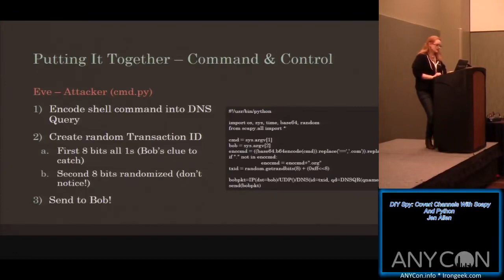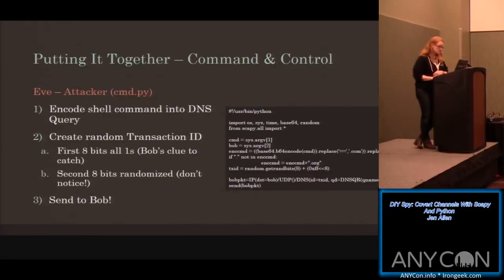So now that we have our partially random transaction ID and our encoded DNS, we're going to send that to Bob. So you can see we've got the Bob packet, and that's sending just an IP with a destination of Bob. Now, I would recommend in your environment you get a little more complex about how you're constructing your IP packets. You may want to identify a specific MAC address. You may want to use a source IP that's going to be trusted. You can change all of these in Scapy.